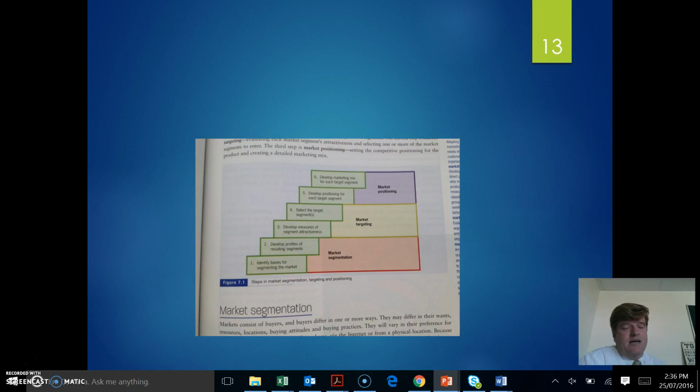This is a really good 6-step process. So, the first thing you've got to do is identify. Step 1, identify how you're going to segment the market. So, you might decide you're going to segment on geography, North Lakes area, age, consumers from the age of 18 to 25, income, people earning less than $40,000 a year, and interests, it might be people who like to dine out. So you've got this offering for that group of people.